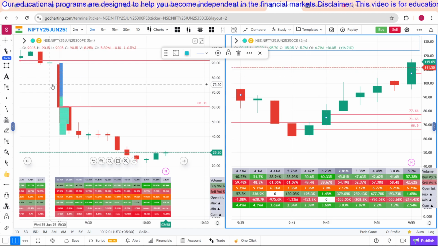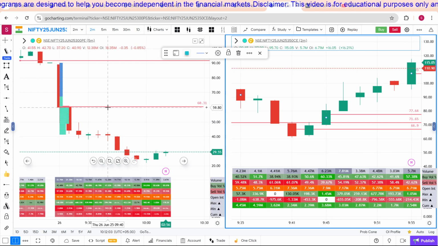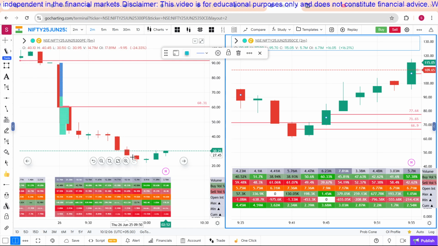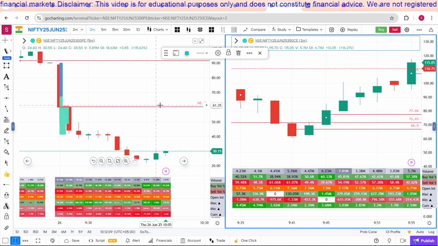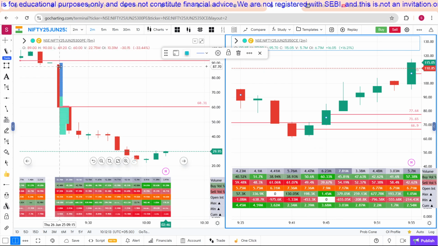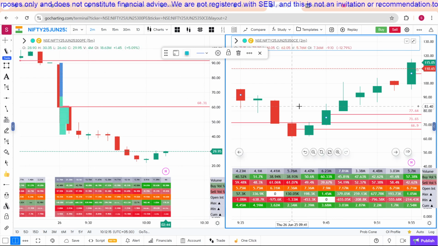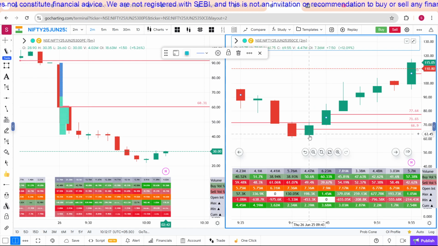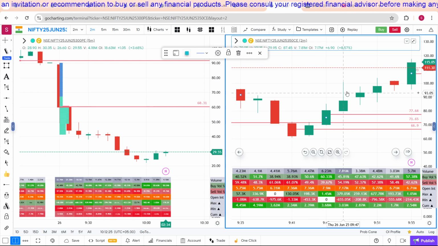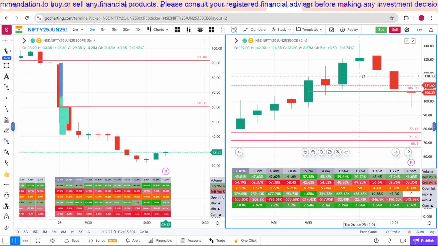And here the high volume candle resistance I have drawn here, 60, and never ever does this put option cross this 50. And this is trading below the open price, so don't touch it. And here is the entry. Okay, so around 70 bought, it has gone up to